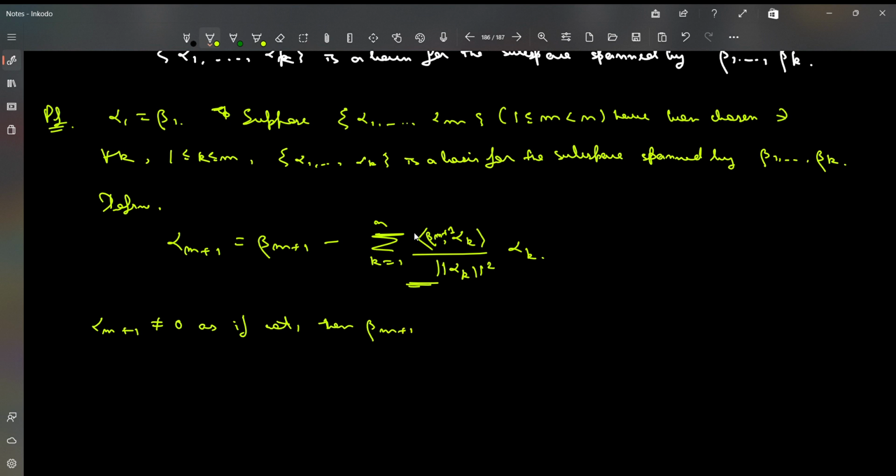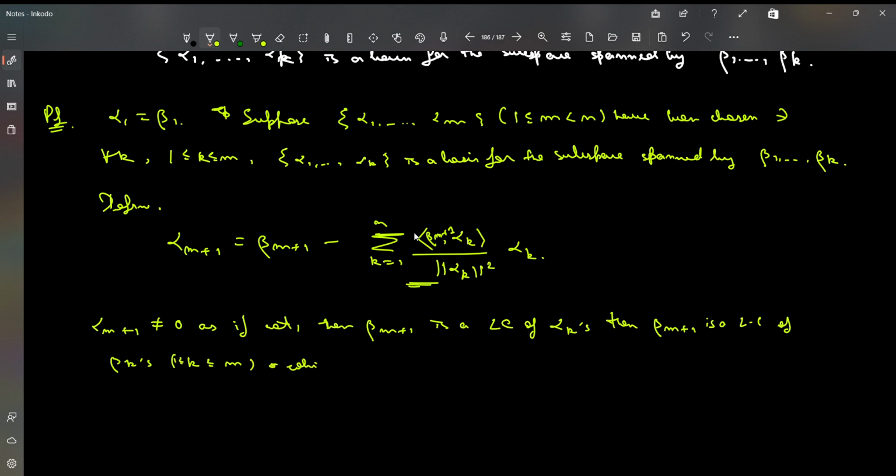Then beta m plus 1 is a linear combination of alpha k's, but by our assumption the alpha k's span the subspace which is spanned by these beta k's, right? So if beta m plus 1 is a linear combination of alpha k's, then beta m plus 1 is a linear combination of beta k's as well, where k ranges from 1 to m,